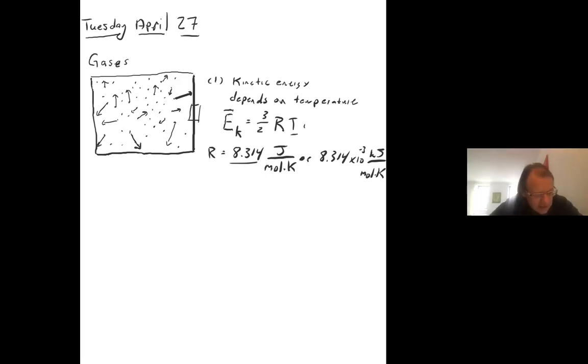Remember, when we're dealing with gases, this has got to be in Kelvin, right? So we're not going to have like negative 50 degrees Celsius or 0 degrees Celsius. All the values of temperature have to be positive. That's why we use the Kelvin scale. Okay. Otherwise, you would have negative energies or 0 energies. And so we have to use the Kelvin scale. Okay. So it's relatively simple, 3/2 RT.